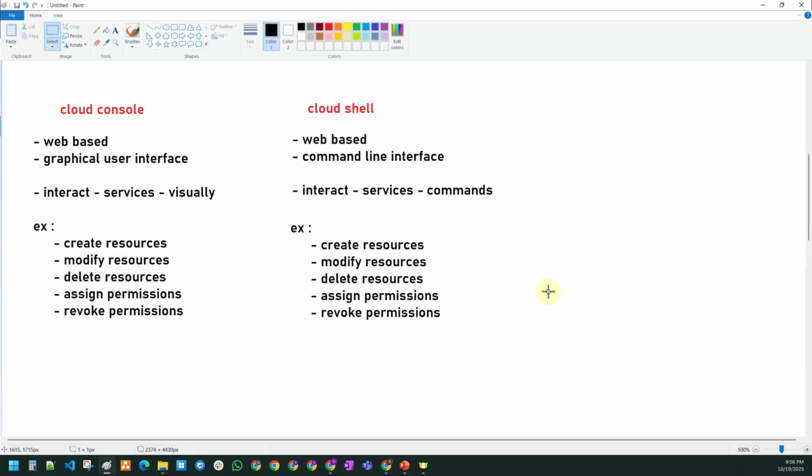One can create the resources, modify the resources, delete the resources, assign the permissions, revoke the permissions using the Cloud Shell also. This is the second method of interacting with the GCP services.